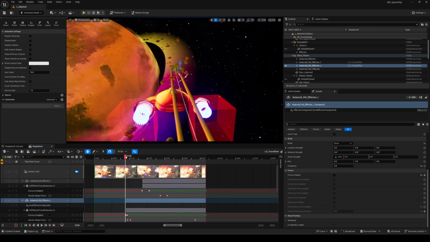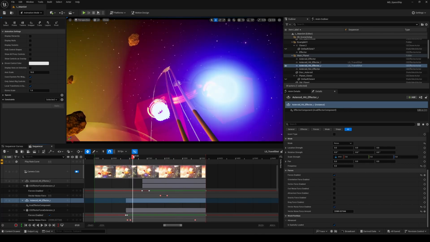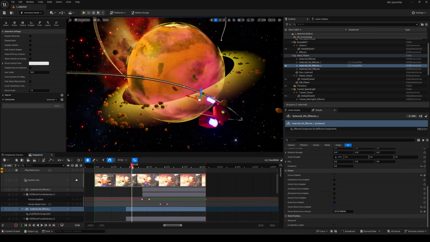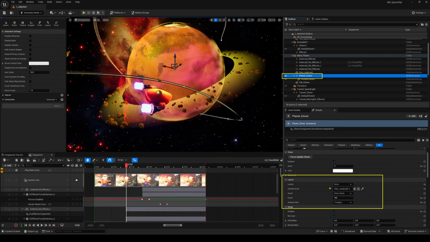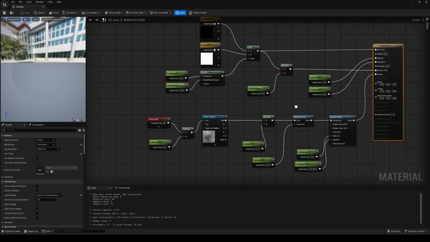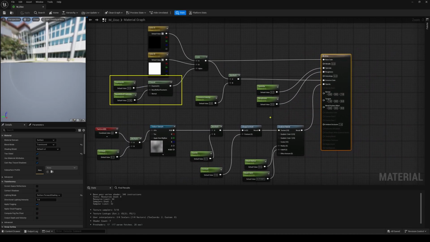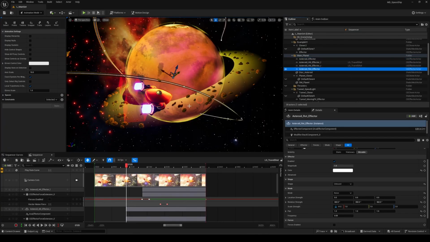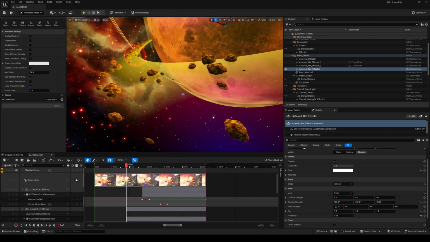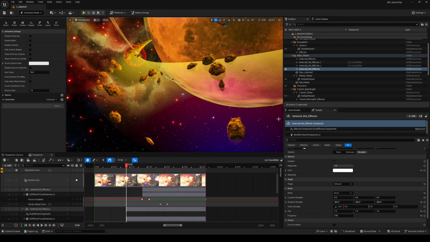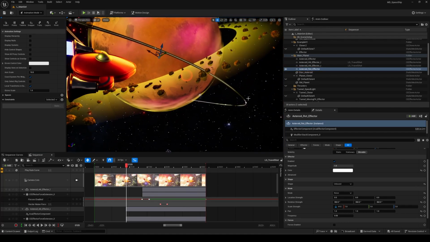For the final example, the asteroid belt, I used two setups. First, the belt itself is created with a mesh type cloner based on a disk mesh I modeled using the modeling mode. I also built a custom material using a gradient radial material function to generate some nice fall-off and color variation effects. Then I grabbed an asteroid mesh from Fab and used it as a static mesh component for the cloner. As for effectors, I placed a subtle one responsible for rotating the individual asteroids and two more for simulating the impact effect when the ship flies through the belt.